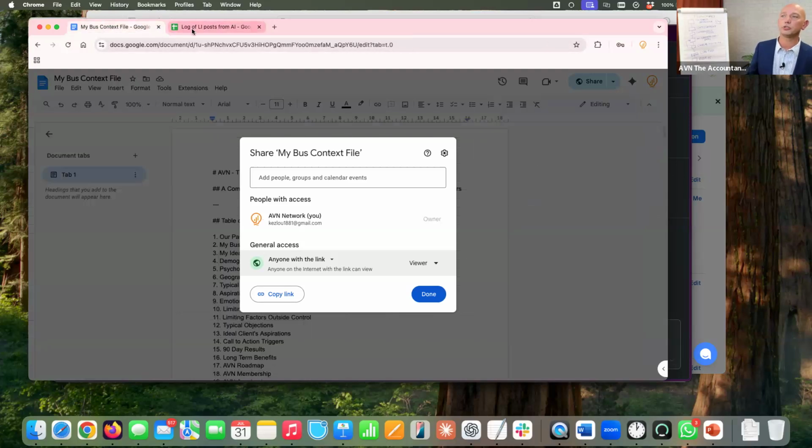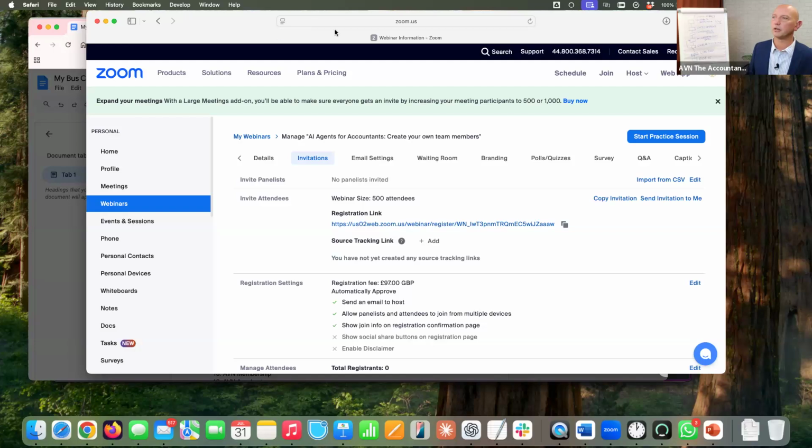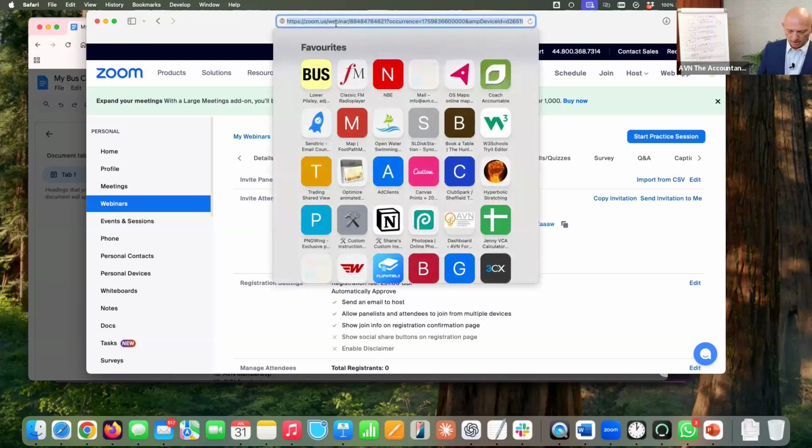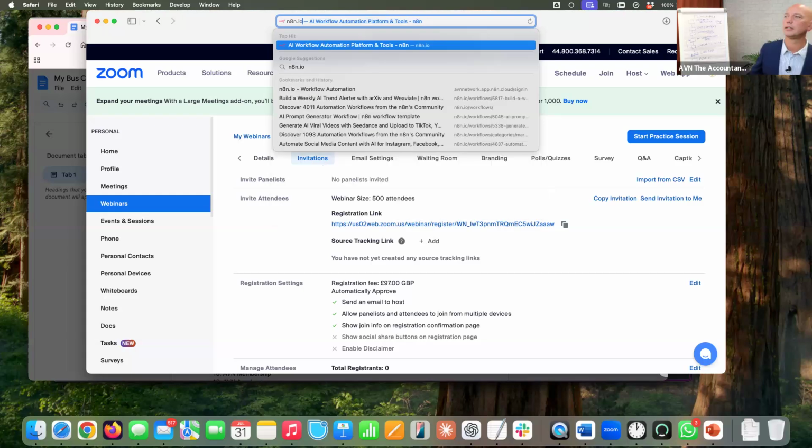All right. So I've got my two documents ready. What I now need to do is start to create the AI. The platform that I use for creating AI agents, and there are many different ones, but this one's one of the best I've found so far, in my opinion, anyway. So it's called, well, I'll just type in n8n.io. Okay, so hopefully you can see that. n8n.io. Okay, made a note of that.